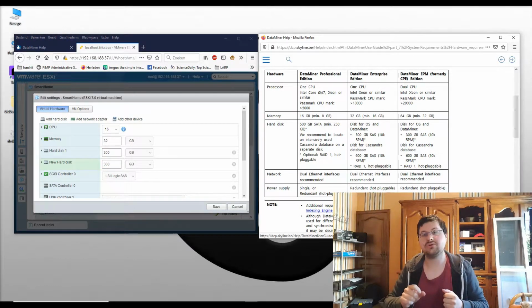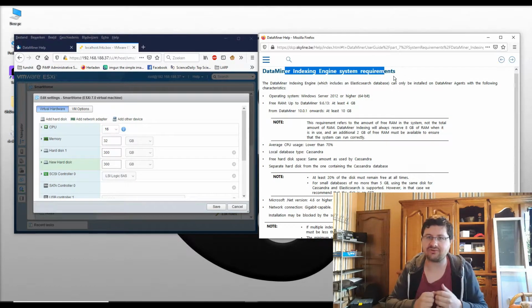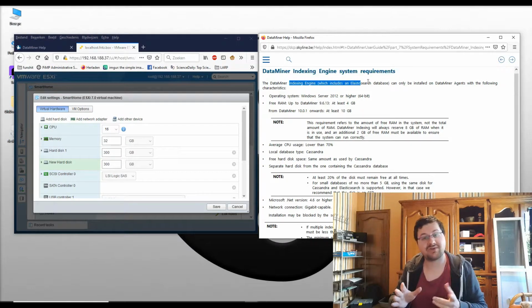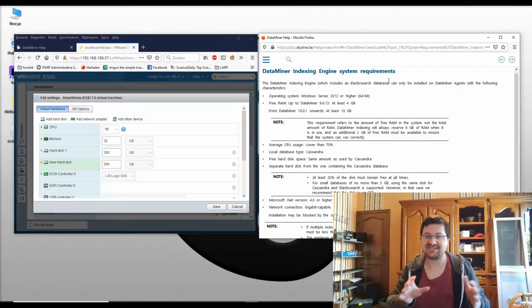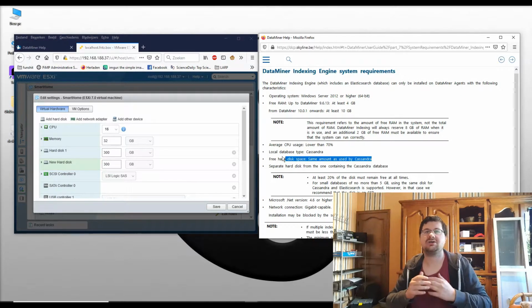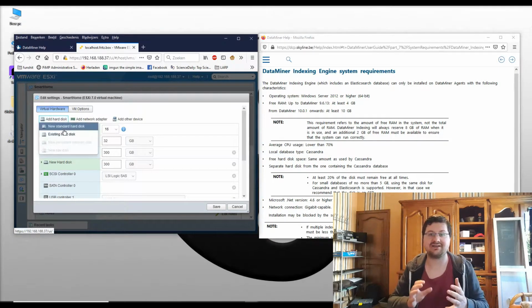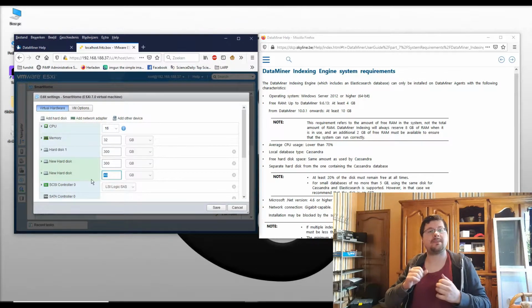But then one aspect of DataMiner is that you can add some kind of indexing server, which in the background actually uses something called the Elastic database. It's a different database and it'll store data that is very rapidly accessible, so it's excellent for searches and for indexing and all of that. So I might not use that, however I want to be prepared for the future, so I figured, okay, well,